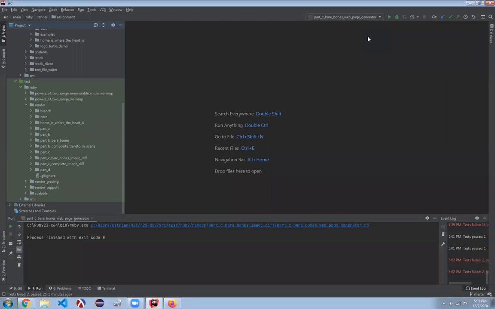Hello, everybody. This is going to be a quick demo on how to hopefully get more effective use out of the unit tests that we have for the Render Studio. So let's just get right into it. I want you to imagine you put in a bunch of work on part C,